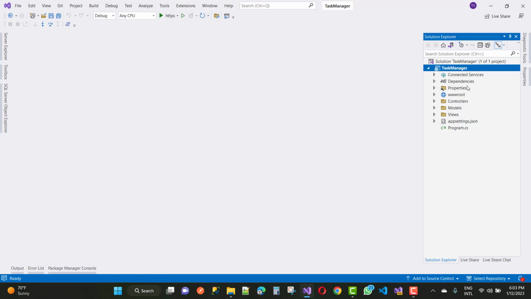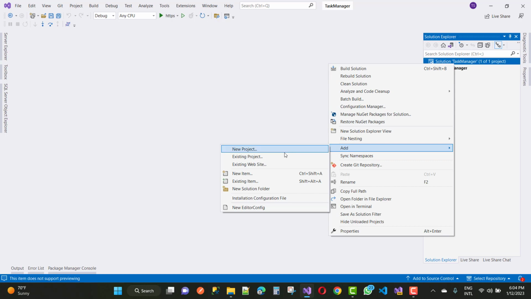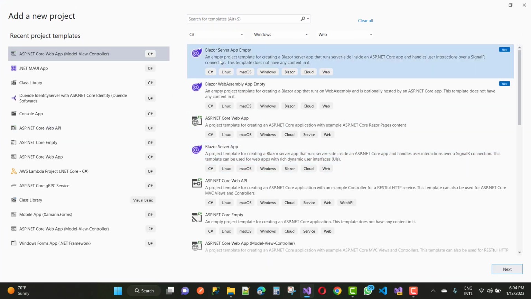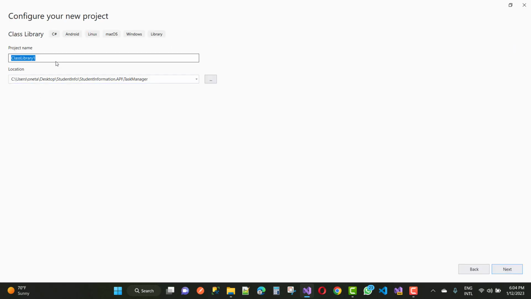Now let's go to the project structure, because I already divided the projects into the entire architecture. First of all, divide the projects in the entire architecture. Task Manager is the web project, and I want to add new projects, that is the repositories project, models project, and many more. So add a new project, that is a class library project, and the project's name is